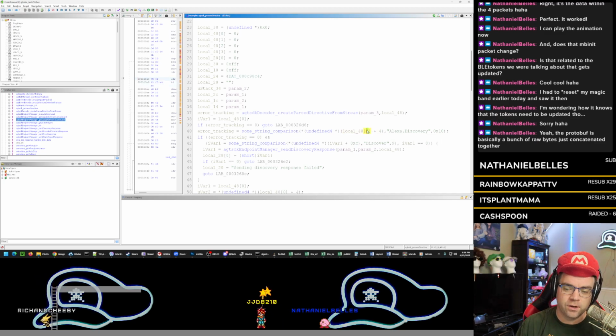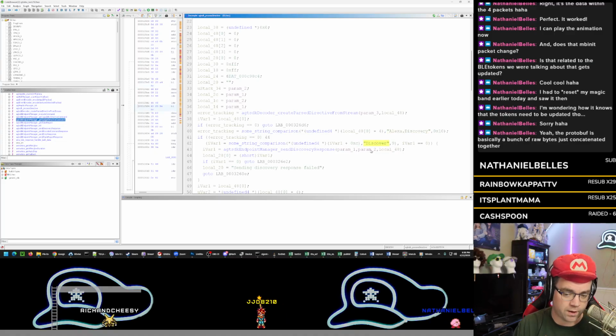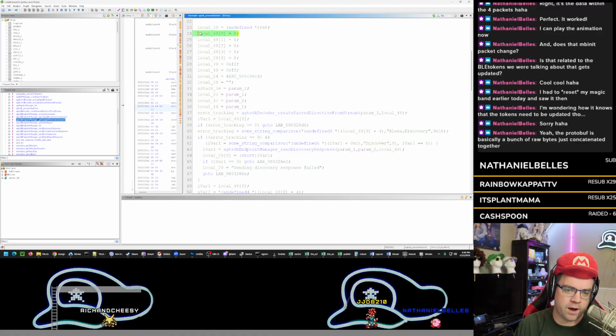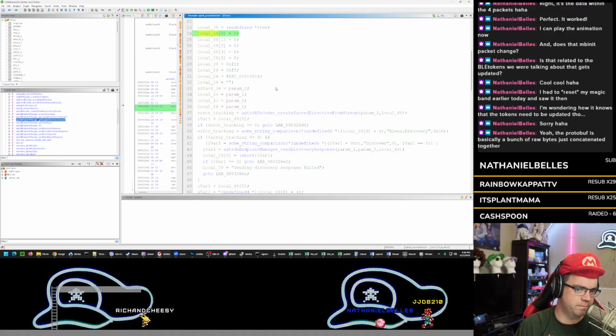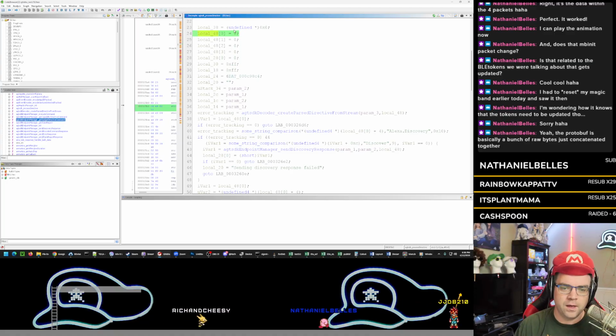The point is, local 0 ends up being the protobuf area for the Alexa.discovery and the discover. So the namespace and the name, in the protobuf, if you want to look at it that way. Both of them are being pulled off of the pointer for the 0. The 1,